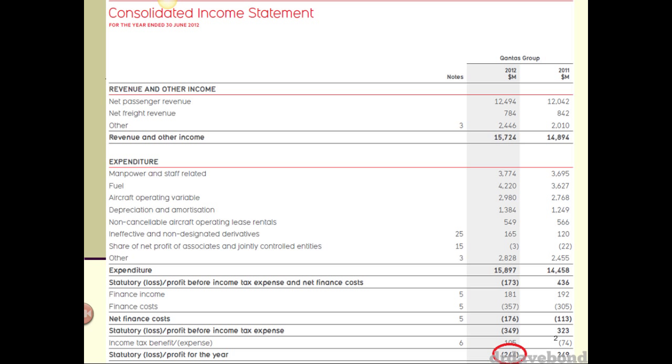And just to help you, again, just to revisit this, we've had a couple of weeks off just to pick back up on it. So what we've got here is an income statement. This is for Qantas. The basic idea, just revenue, expenses, we're all comfortable with that. And what ultimately we end up with at the bottom of the income statement, as you guys are well aware, is just net profit. So in this case, it's statutory profit, but net profit after tax is the number that we end up with in profit and loss.